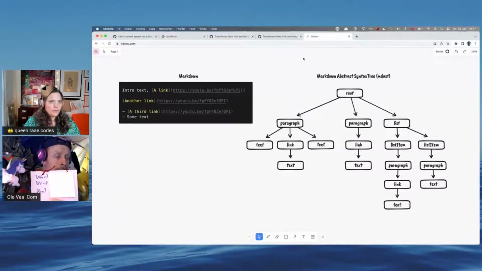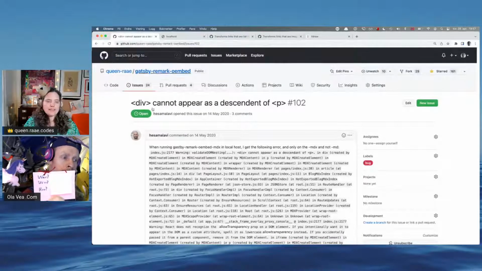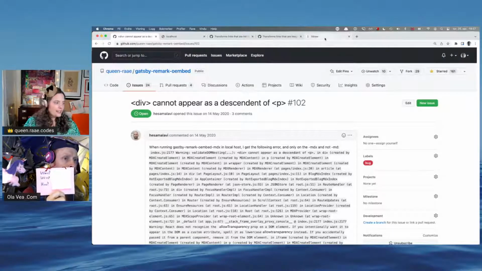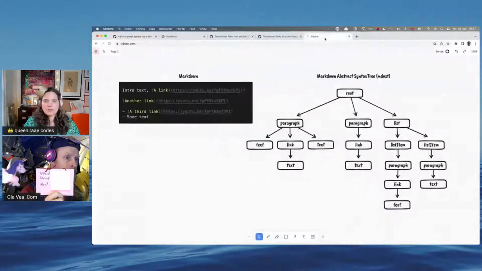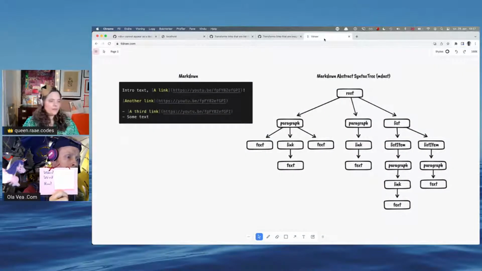So what we have been working on is the bug: div cannot appear as a descendant of P. And I realized how this bug came about, but the why? Why are we doing it?